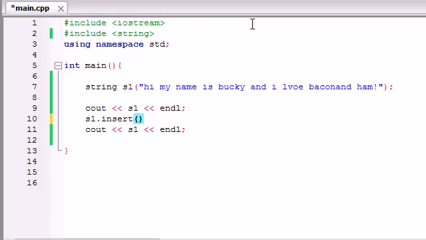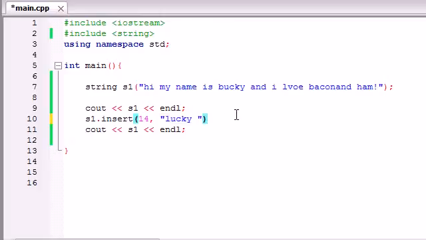The first parameter it takes is, where do you want to begin inserting it? Well, we already know 14 is the beginning of Bucky, and the next parameter it takes is, what string do you want to put right there? What substring do you want to add into the main string? And just go ahead and press Lucky, and we'll add a space after Lucky, so it would be "Lucky Bucky." If we didn't add the space, it would be "LuckyBucky," one big word, but my name is Lucky Bucky. So I'm going to begin at index number 4, and I want to insert the word Lucky with